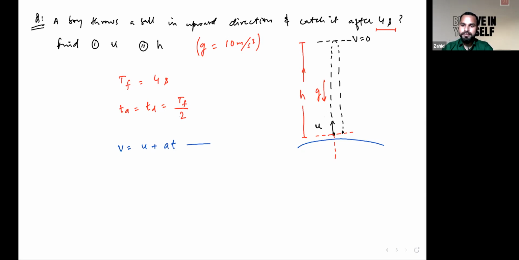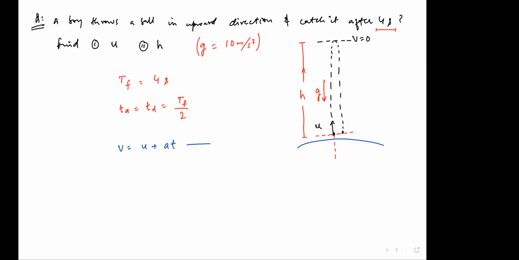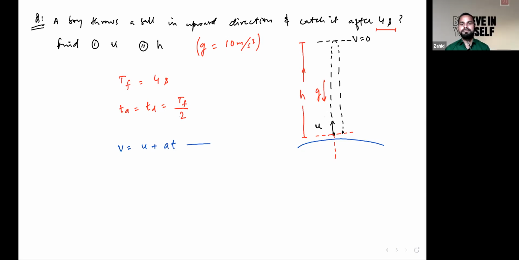Is it clear? Yes, sir. Try to solve. Similarly, using the third equation, you will find the height. To solve,